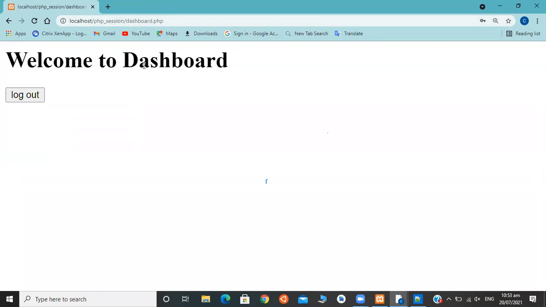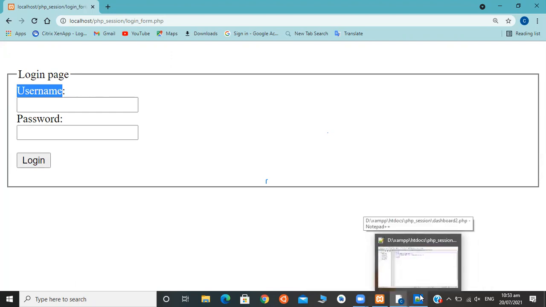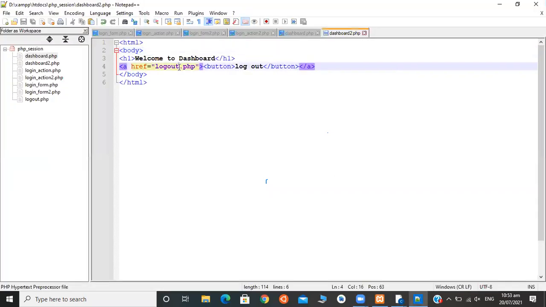You can see welcome to dashboard and the logout button. After clicking on logout, I'm going to login form.php, because the link is logout.php. Let's say here I change it to logout2.php, Control S. It was redirecting to login form.php because I had assigned logout.php, which is already present in the folder.